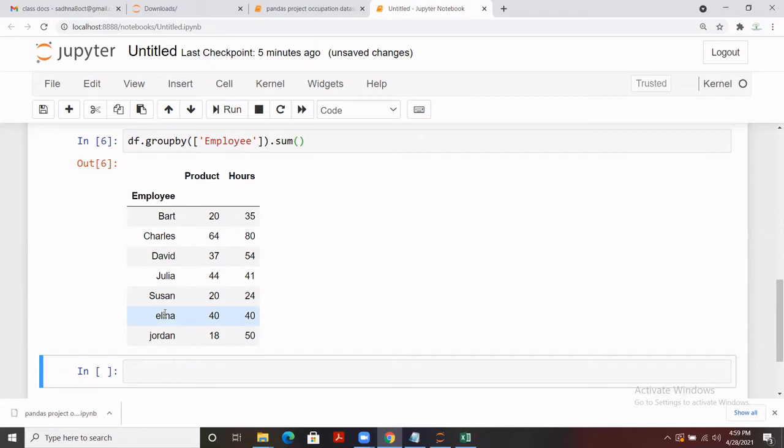For example, you want to group it by city, and let's say you need a count for this. Let me write it. What we are basically doing is counting how many employees are from the same city, let's say.